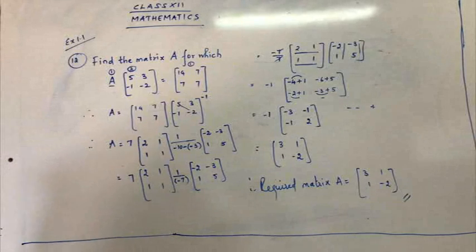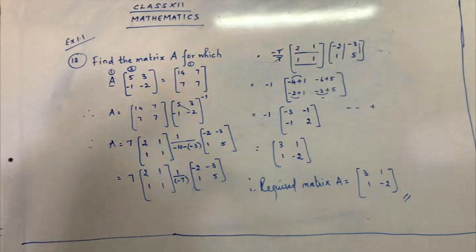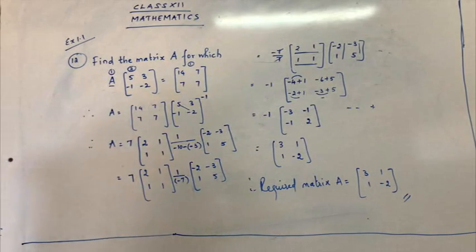Given A is equal to 1 minus 1, 2, 0. B is equal to 3 minus 2, 1, 1. And C is equal to 1, 1, 2, 2. Find a matrix X such that AXB is equal to C. So this is just related to your sum number 12. But in sum number 12, we were having only 2 matrices on the LHS part. But in the 13th sum, we have 3 matrices. That is, one is A, one is X, one is B.